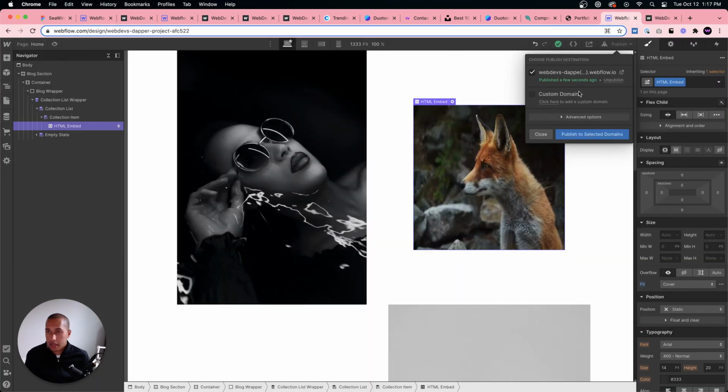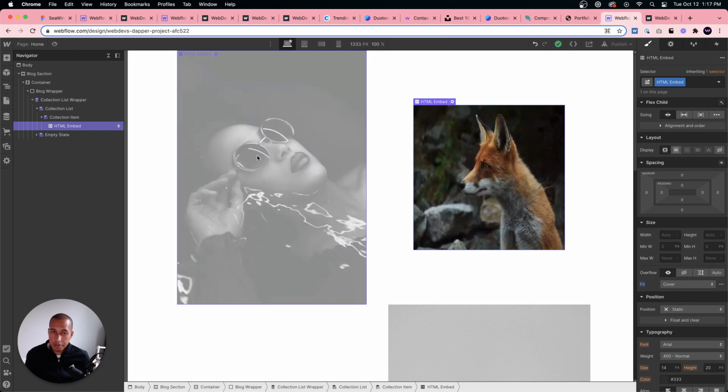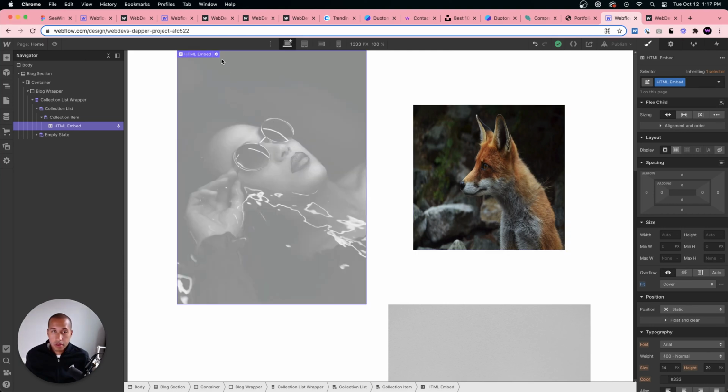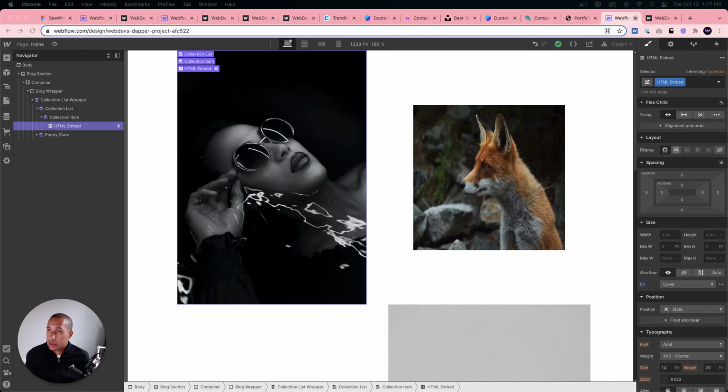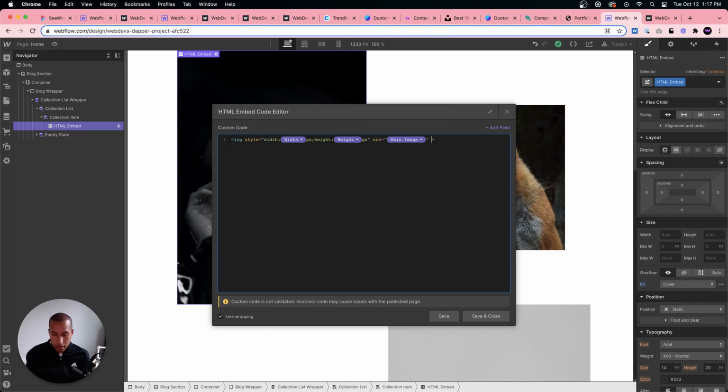Yeah, so we have to do it with CSS. Or you could add div blocks, but no, you want these as images. Let me just do a quick object fit CSS. Yeah, so we would do in the code for this, in the styles, in the code, we'd say object fit and fill.